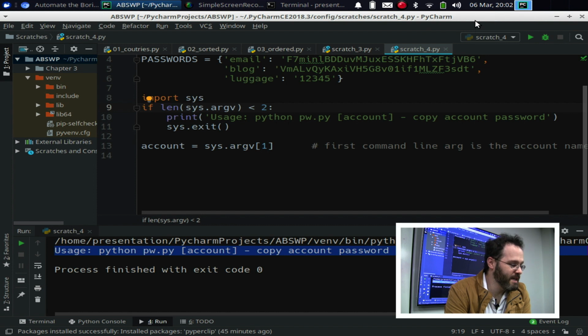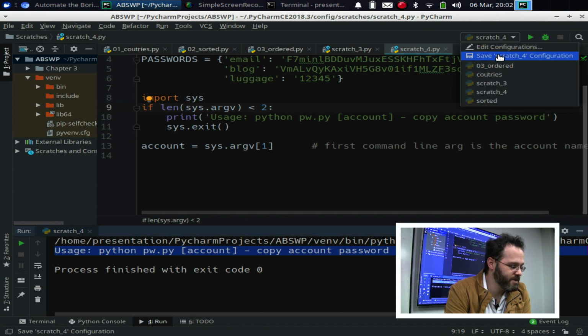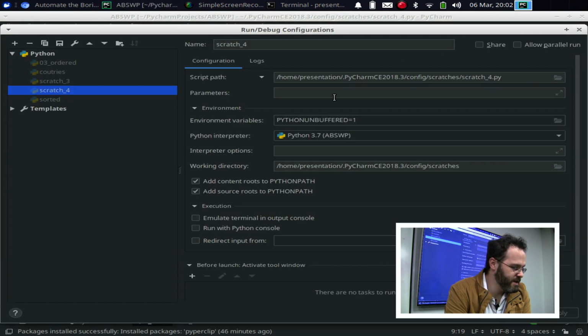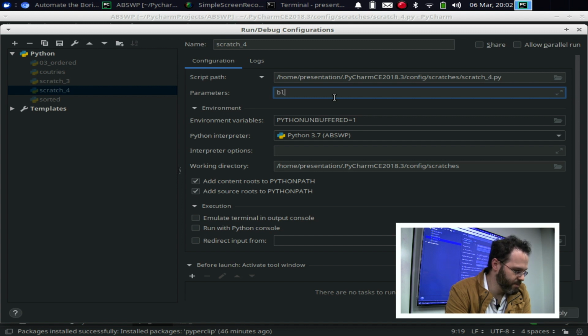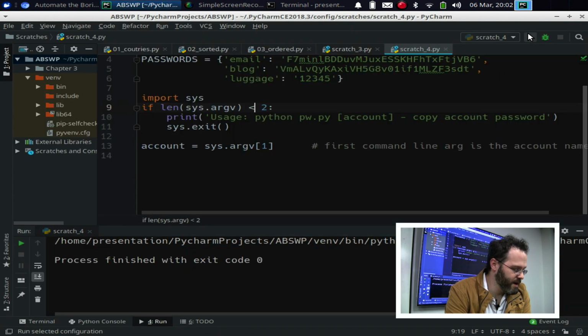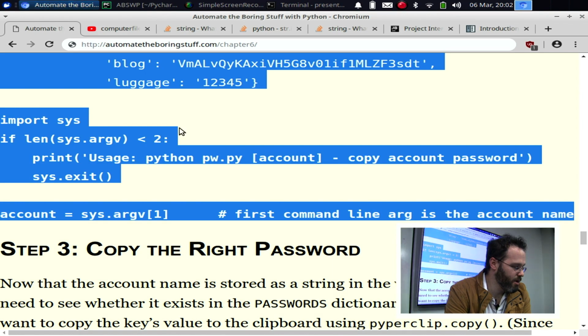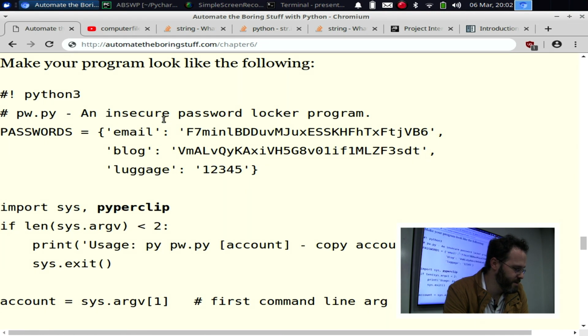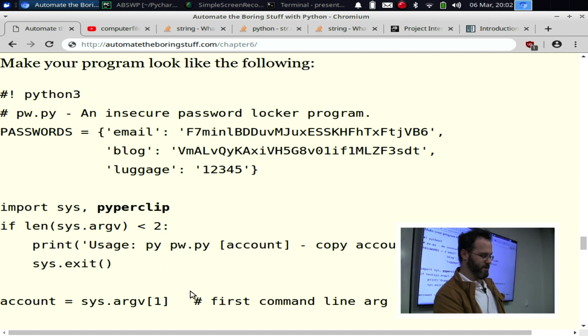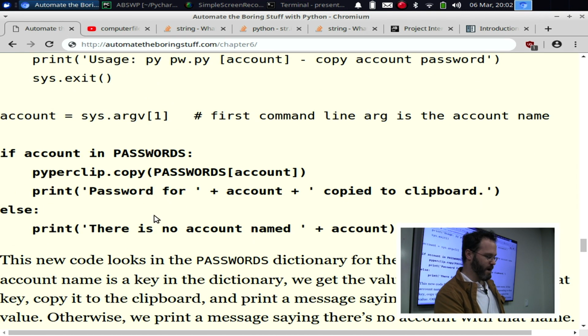So we're going to do exactly what Robert just said. We click on Scratch, we go down to Edit Configuration, and we're going to give it a parameter like blog. Then I hit Apply, and I hit OK. And now when I run it, I don't have that. You notice how it's not telling me that anymore, the usage thing? So now it's getting that argument, and we can continue with it. Now what we're going to do is we're going to look here. We're adding this code that's in